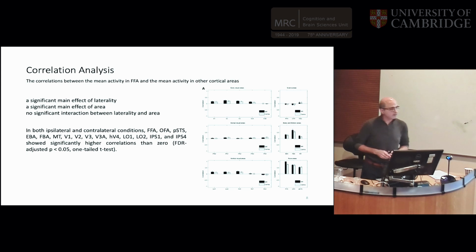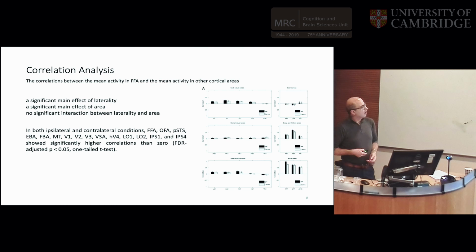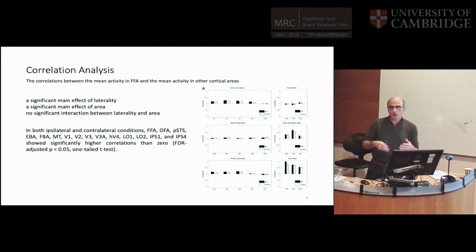So here we have the results for the 24 areas. If we do the correlation analysis, many areas show good correlation of activity with FFA, which is not very surprising. For example, some of the early visual areas have a good correlation. Some mid-level areas like hV4, LO1, LO2, the body areas, motion selective area, and also the other face selective areas, they all have good correlation